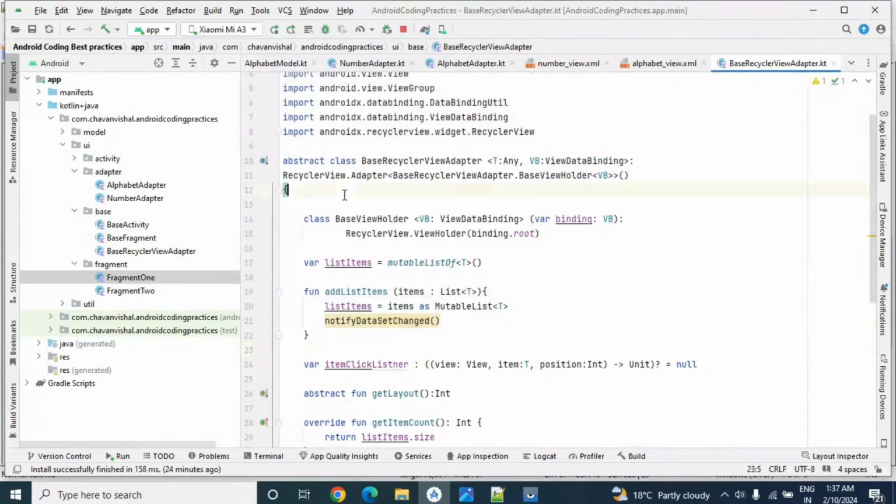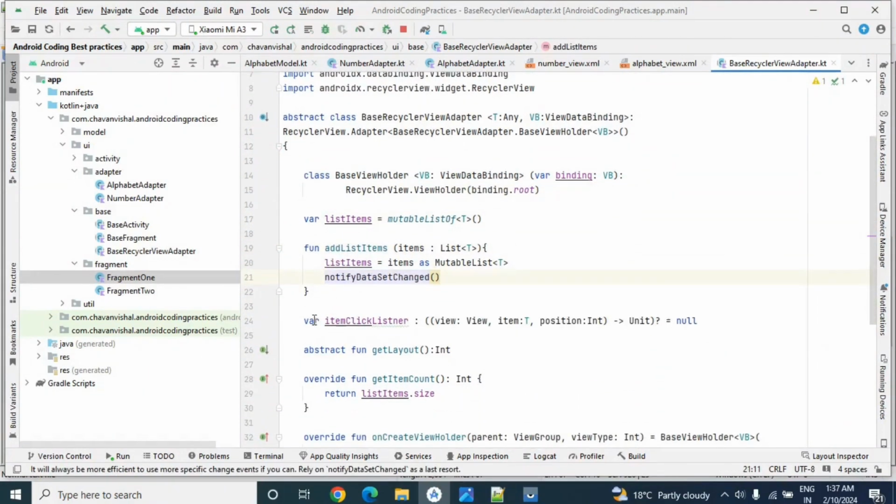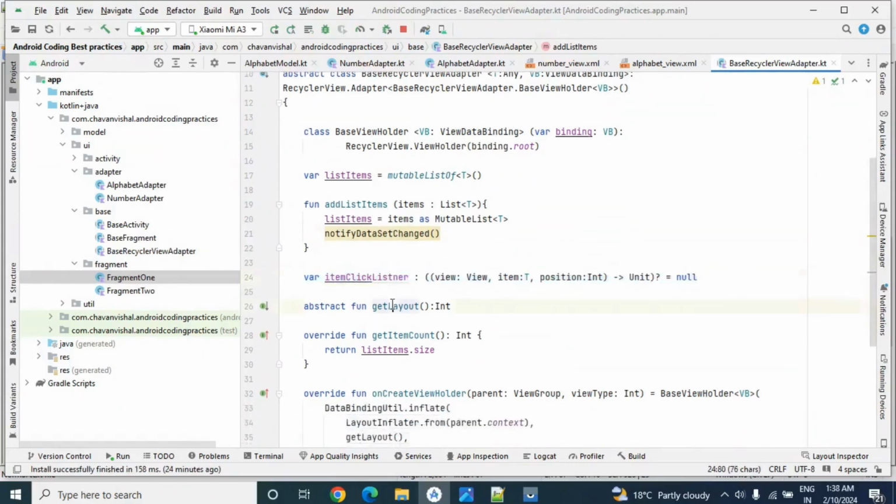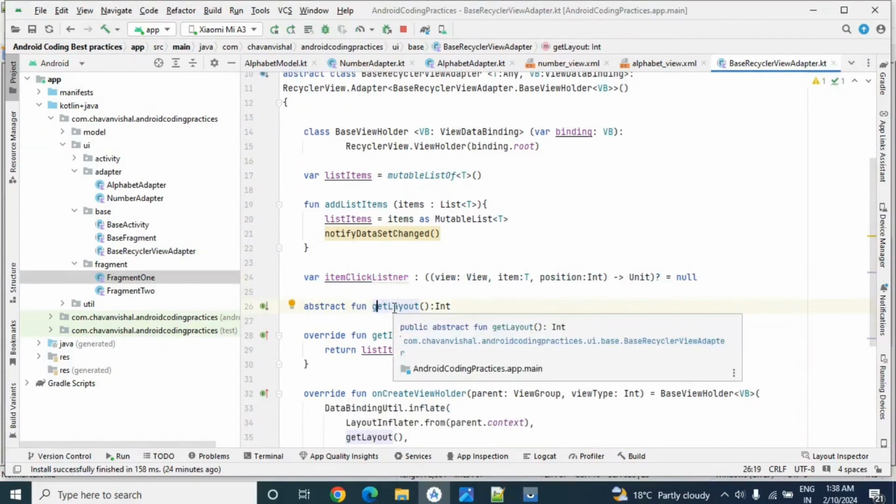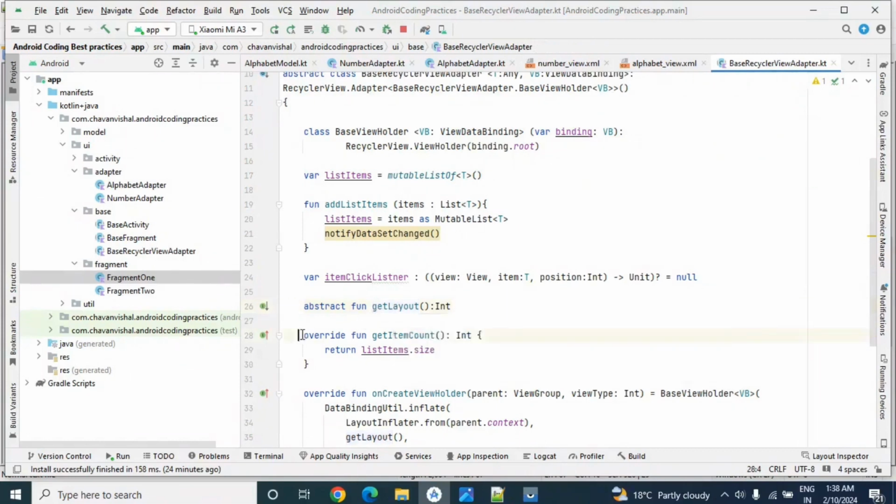If we go to base recycler view adapter, here we have created the base view holder, declared the array list. The addListItem method is used to add the data and notify data set change. This click listener is our lambda expression for handling our click event. The getLayout method, we override in our sub adapter class, and from there we are passing the actual XML file.